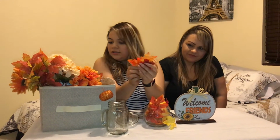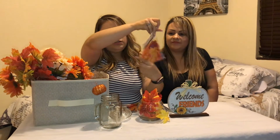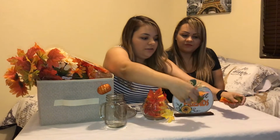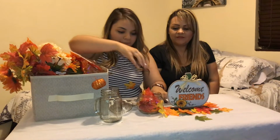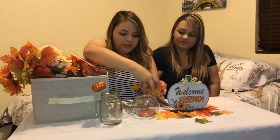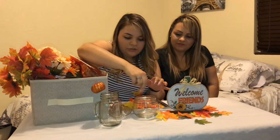these. So this comes in a pack of 50. I'll show you the pack. It comes in a pack like this. It has 50, so it's maple leaves, so you can do a lot of things with these. You can even just put them around and decorate like that, or you can actually use them to make